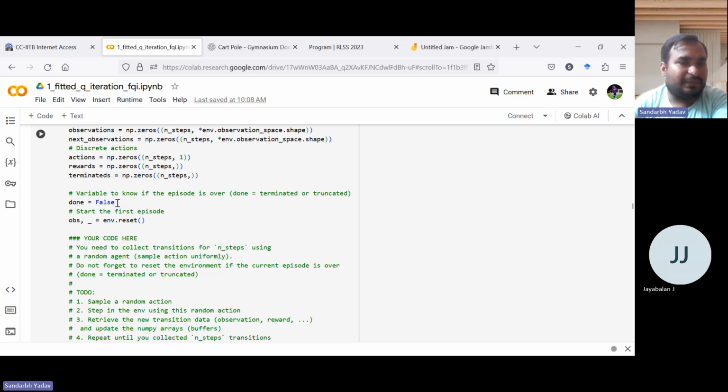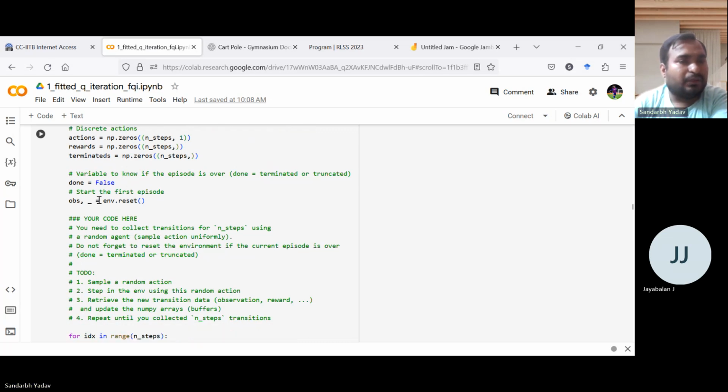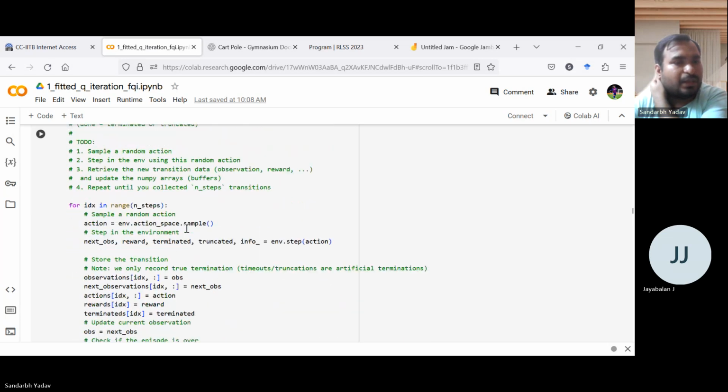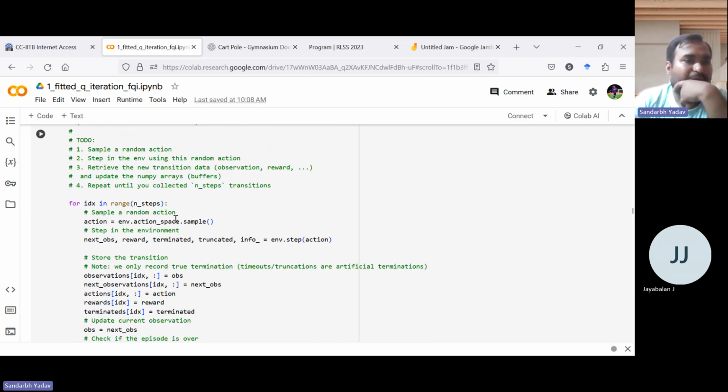So this done variable denotes whether the episode is done or not. Now we are doing the first episode here. Initially we will need this start state, which is coming from this reset here. Now, for each idx in n steps, the iterator variable,